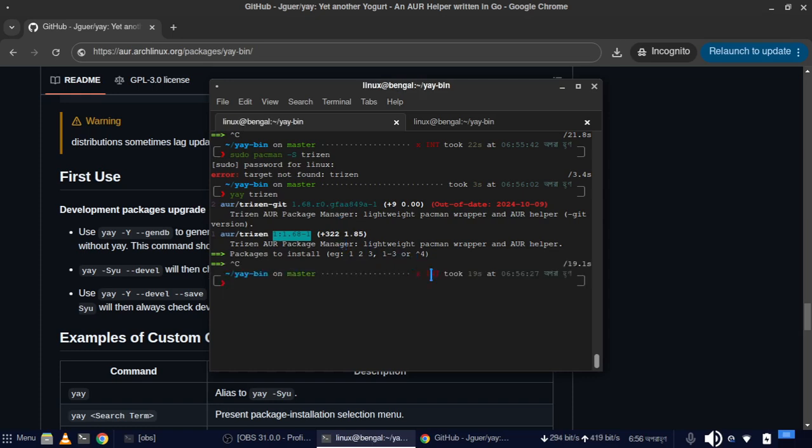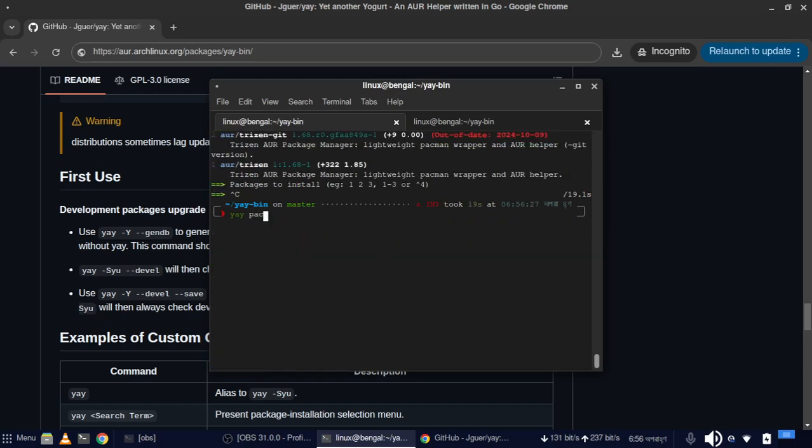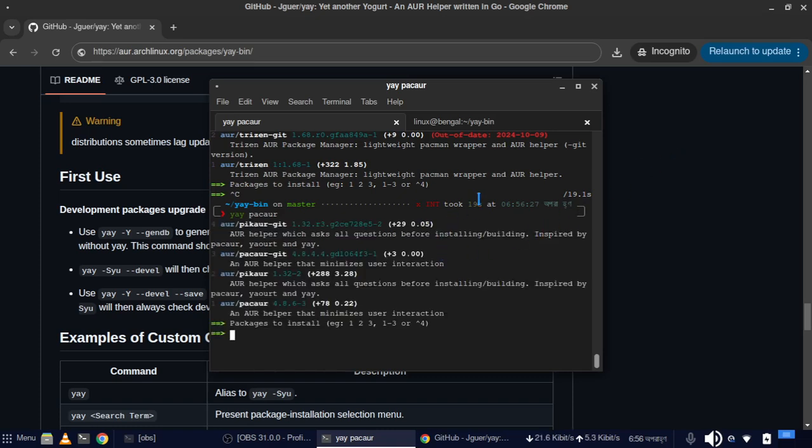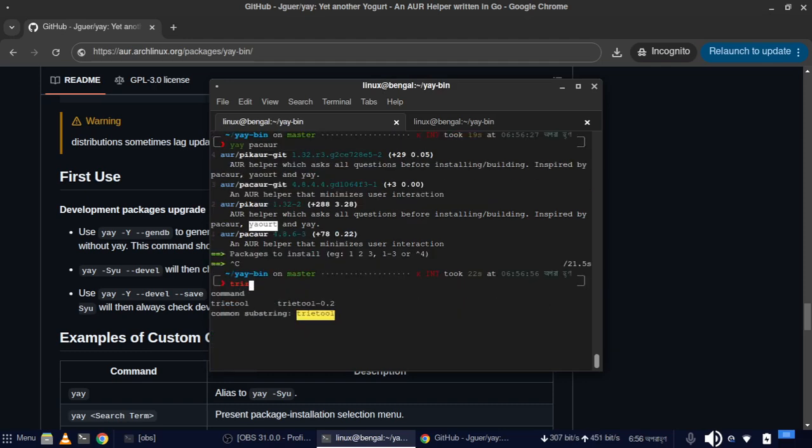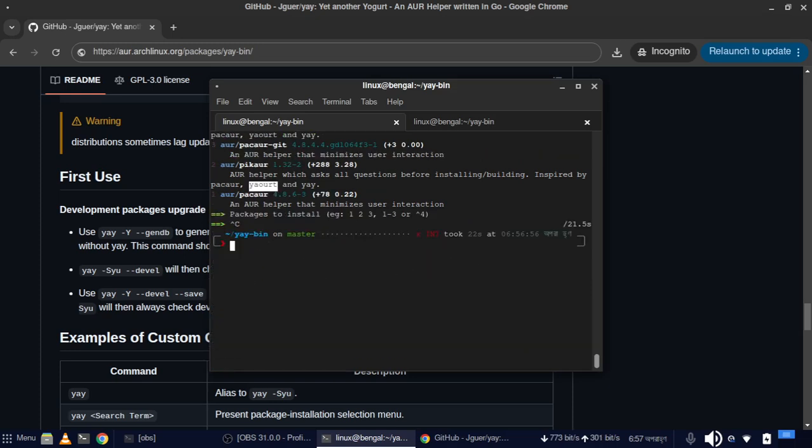And there is pacaur, that's pacaur. So if you have Yay, you can have all of them. All these are kind of the same. Okay, so you can install this pacaur. I don't see a bin version, binary versions. Okay, all the thing is same, like the Yay. You need to use Trizen hyphen S or pacaur hyphen S to install. So things are same. I prefer Yay,